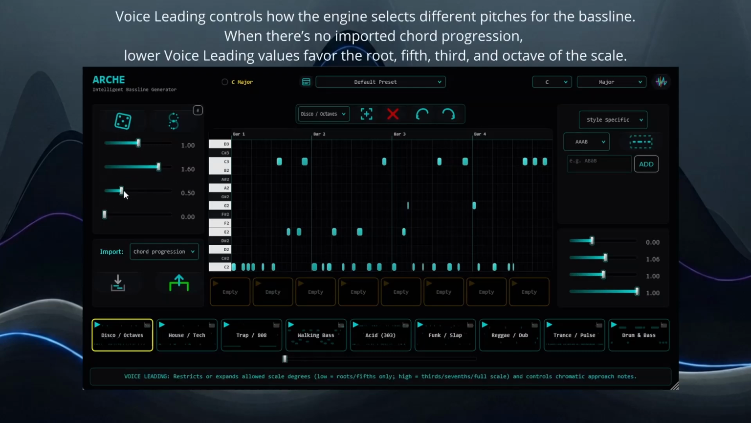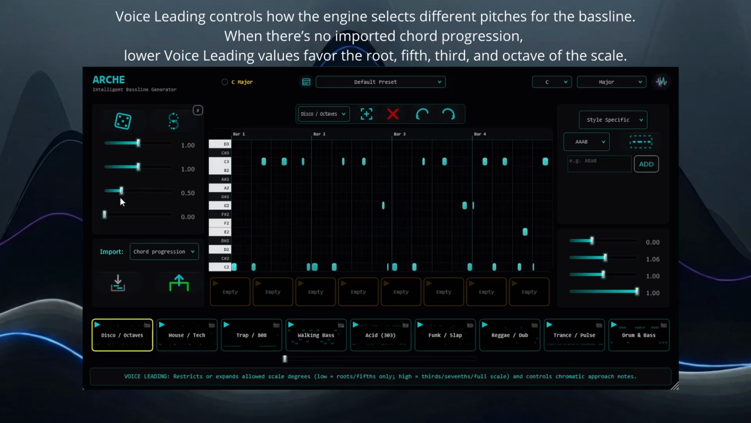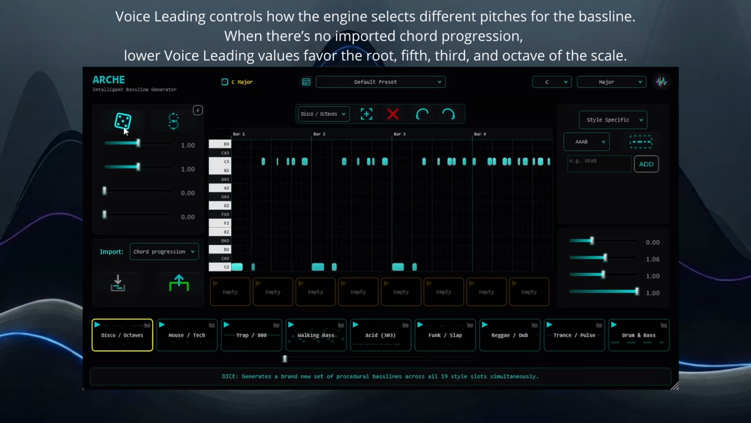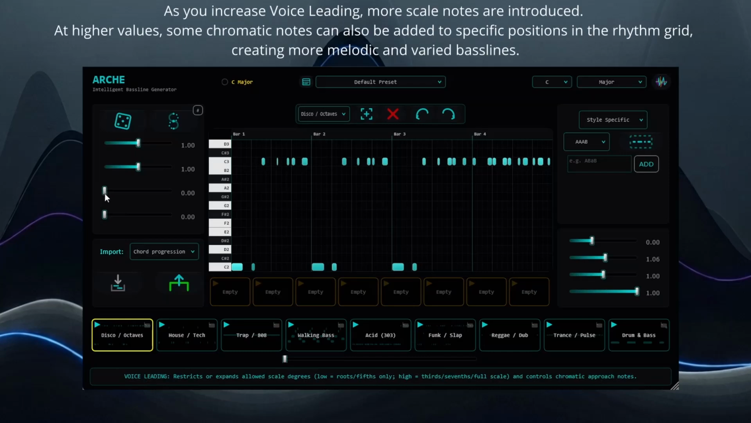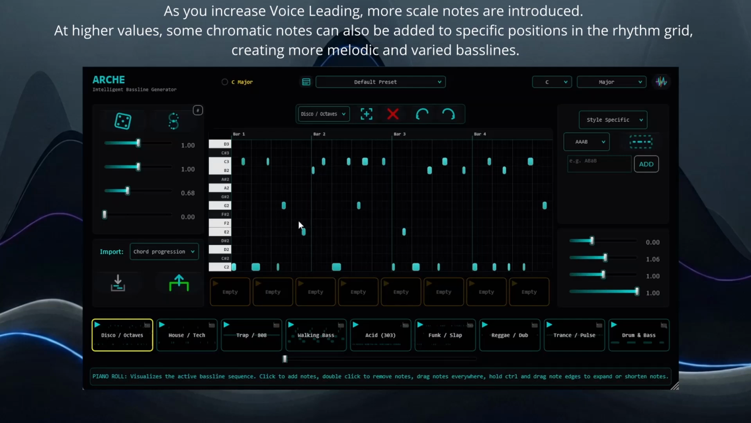Voice leading controls how the engine selects different pitches for the bass line. When there's no imported chord progression, lower voice leading values favor the root, fifth, third, and octave of the scale. As you increase voice leading, more scale notes are introduced. At higher values, some chromatic notes can also be added to specific positions in the rhythm grid, creating a more melodic